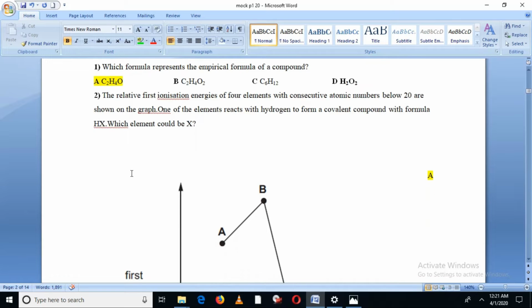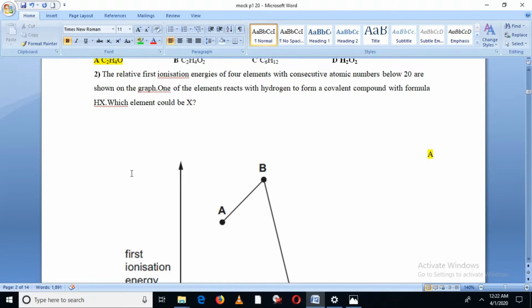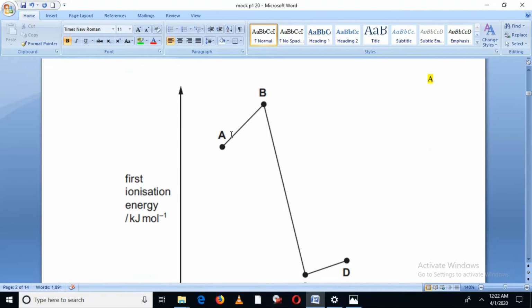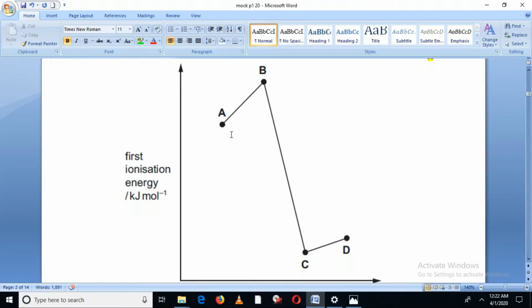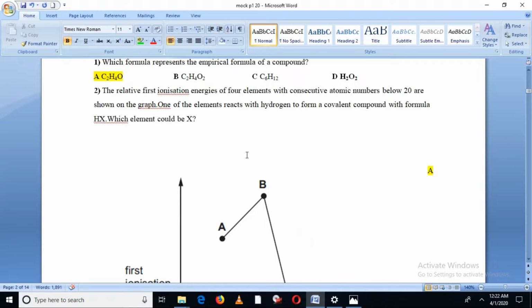Now the second MCQ was a graphical question. The relative first ionization energies of 4 elements with consecutive numbers below 20 are shown on the graph. One of the elements reacts with hydrogen to form a covalent compound with formula HX. Which element could be X? Here, as you can see from the graph, there are 4 elements A, B, C and D. So he is asking us about the one element which has reacted with hydrogen to form a covalent compound,